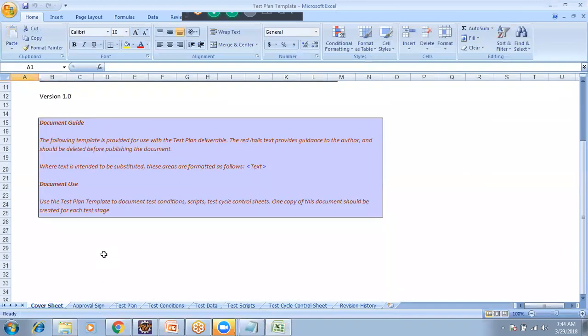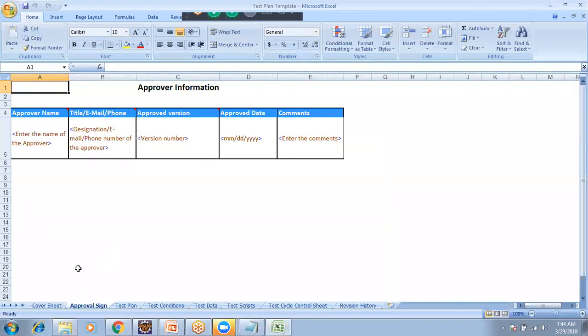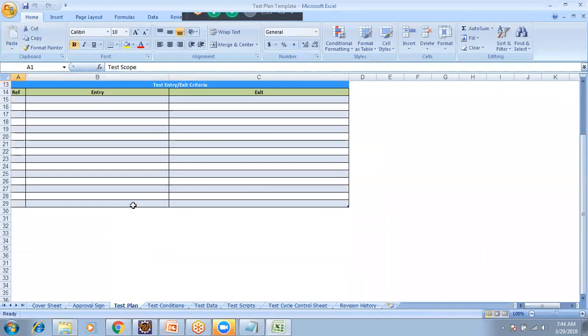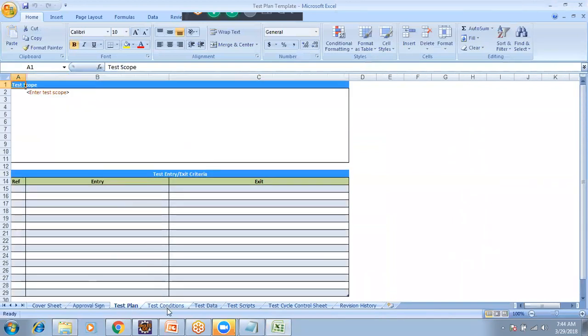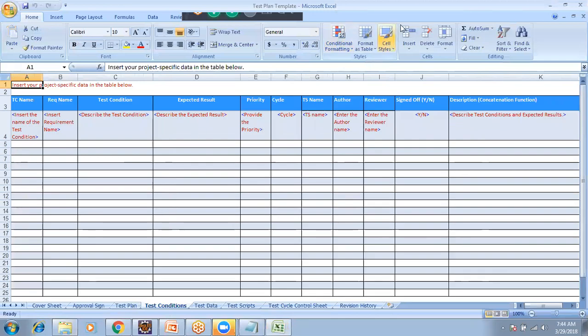Okay, there are a lot of things. The cover sheet has an approval sign. Someone will approve this plan first. Okay, this is the test plan. The things will be written over here. Okay, this is a template. Let me show you the exact